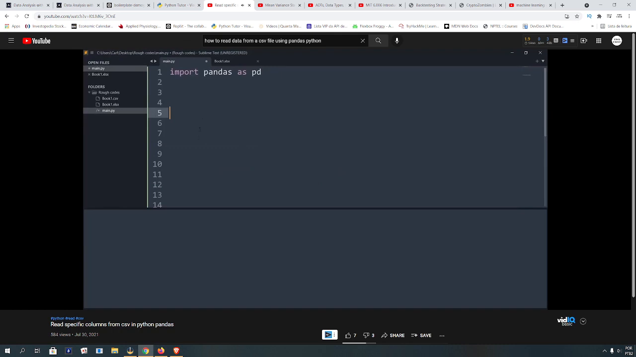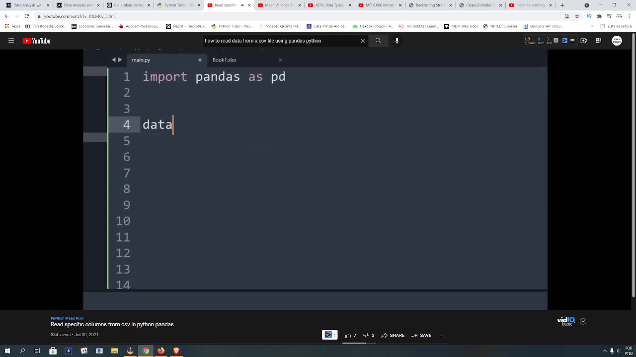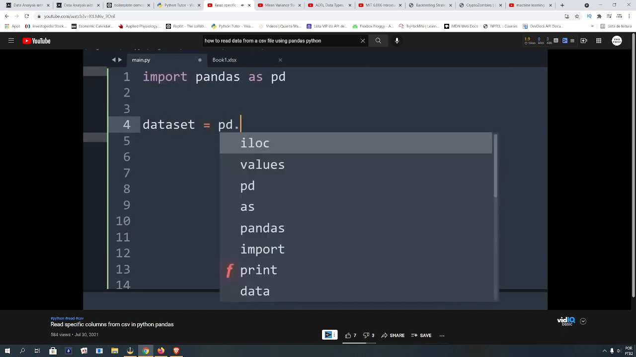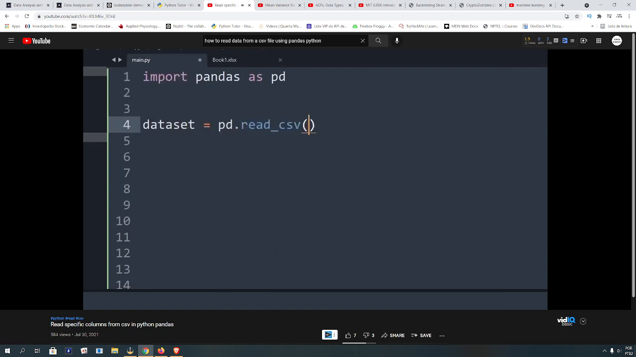So let me go back to my code editor, and in the first line, I've typed in import pandas as pd. And now I will create a variable called dataset, and I'll say pd.read_csv. So read_csv is a function that is specially used to read data from a CSV file and import it inside our code. For that, in the argument section, I will put the name of